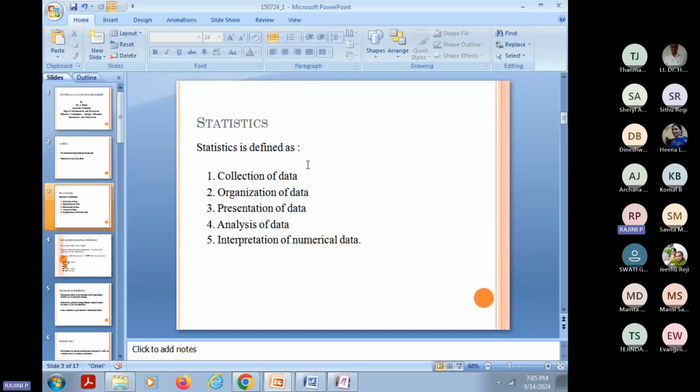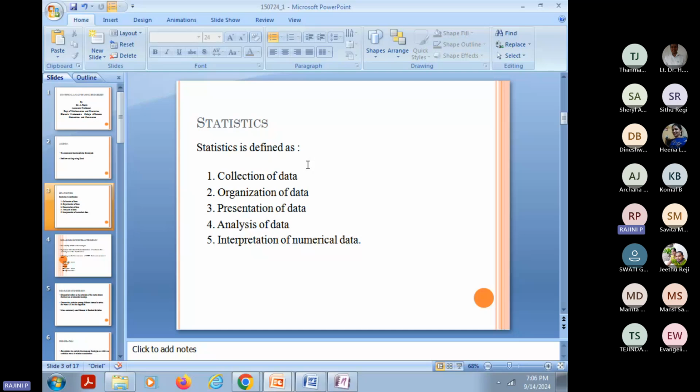Okay, by collecting the data alone, we cannot get any information, right? You need to study what the data is exactly. For that, first you need to check what data you have, and arrange the data in a proper format. Once after collecting the data, any researcher has to first check what data they have.